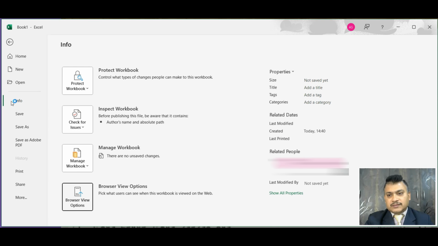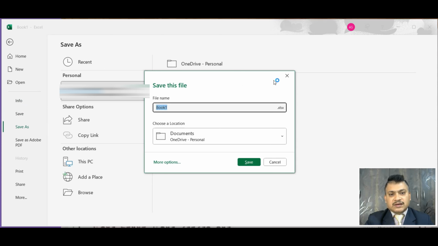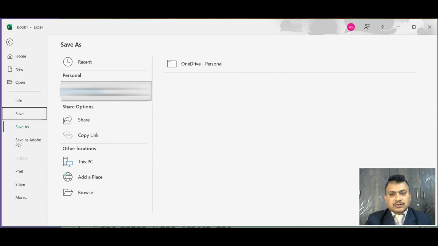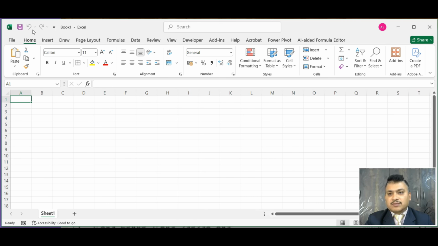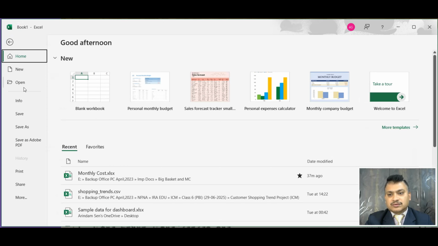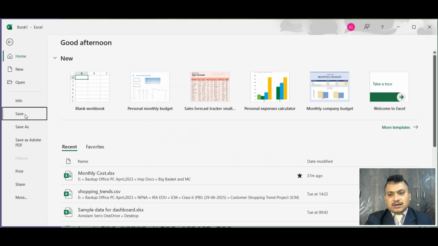Then it comes to save. Here you can save a document, right? So these are the options you can see. OneDrive, you can save the document, OneDrive personal. Then share, if I want to share the document, let me go back, then I will show you. Now save, this one part. Then comes